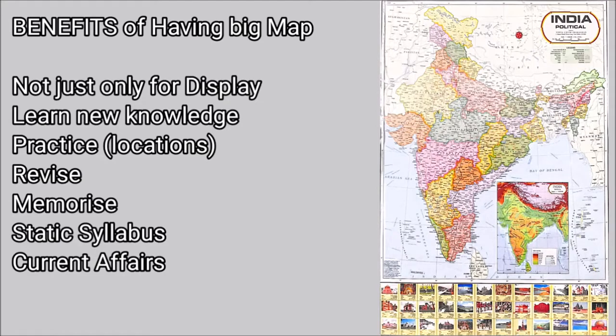And also it helps us when we are doing the static syllabus, when we are reading about what the ranges are, what the mountain peaks are, what lakes are there. At that time also we can keep on locating over there, so it will give us an accurate idea about it. Also when we are reading the current affairs, at that point of time also we can keep on locating things over there, and we can keep it for 2 to 3 days or 1 week, so it will retain in our memory for a longer duration of time.